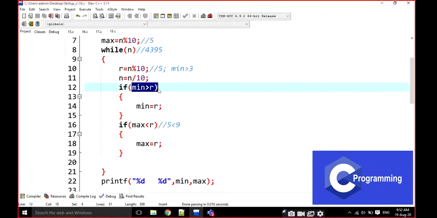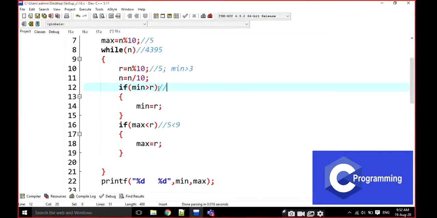What is this one? If the minimum value, what I am assuming is the minimum value, is greater than the present digit, that means it is not the minimum value, right? Then the new digit is going to be the minimum value.